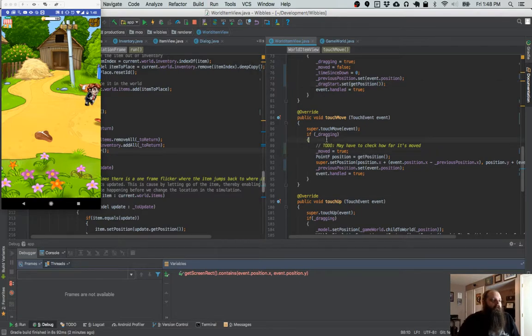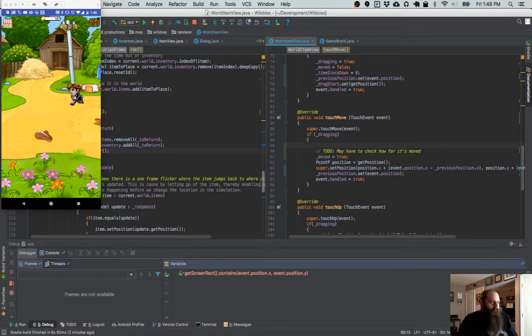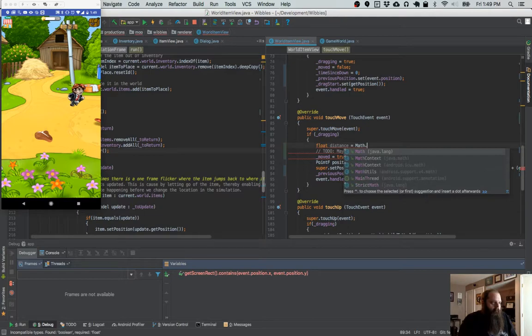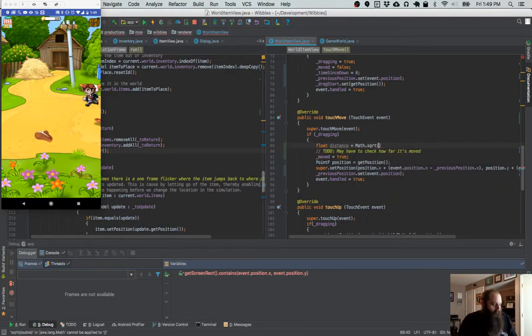So here, I want to say distance equals, what is the distance? I should know this. Yep, it's the square root of x2 minus x1 squared plus y2 minus y1 squared. Okay, so I'm going to do math dot square root of